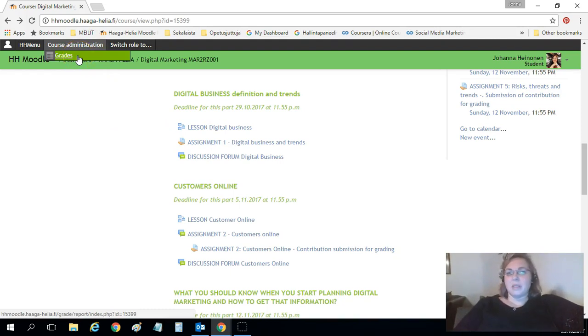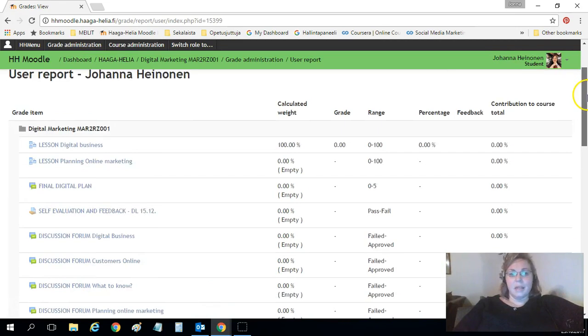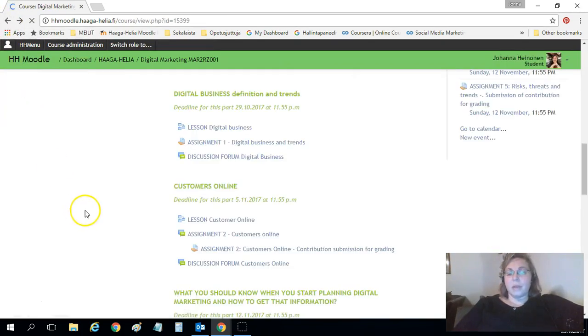If you want to check whether you have passed, say you think, okay, I got 78% last time, but now it says 0, here above in the black bar, there is course administration and there are grades. By clicking them, you can see how you have passed different lessons and different assignments and so on. So you can start the lessons all over again, but the lesson will show you 0 when you start it all over again. But in course administration, you have the history of the grades. And you can do them as many times as you wish. Assignments, there are different sorts of assignments.